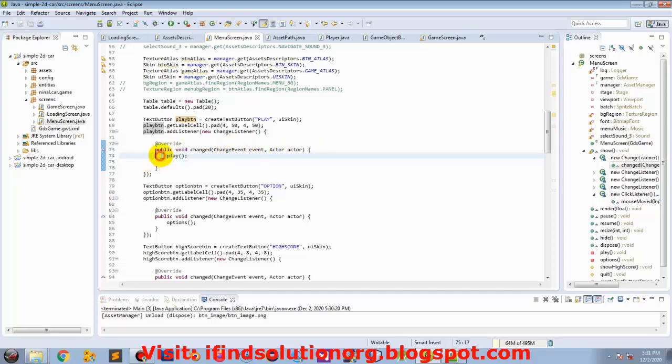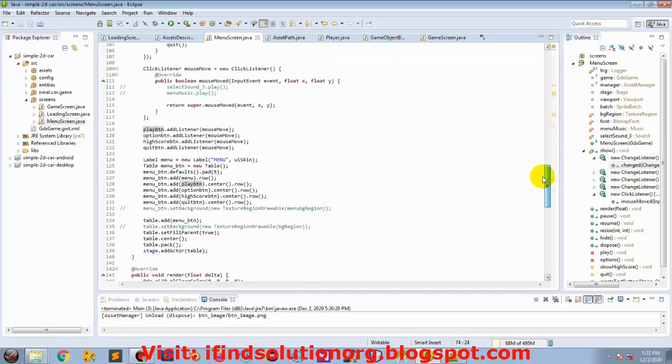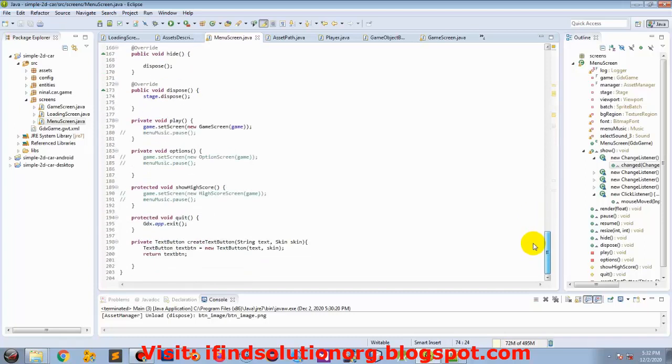We have a body statement that calls the play method, and when calling the play method, we want to set a new game screen with the parameter game. Now if we run,